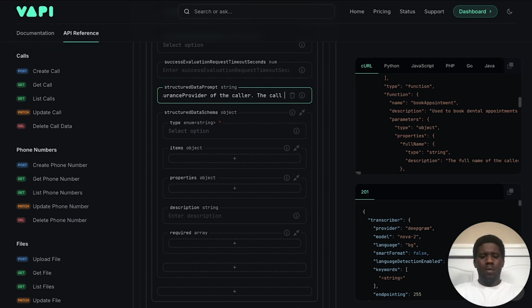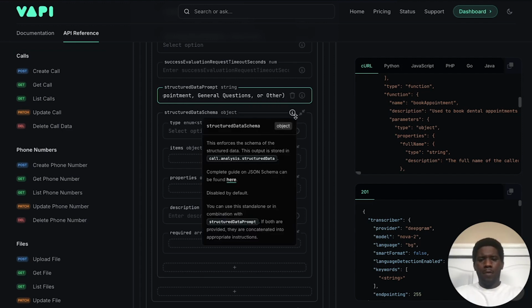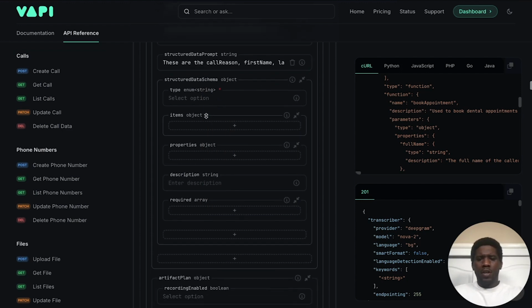The call reason output can only be one or a combination of the following. And then we'll say booking appointment, general question, or other. Perfect. Now we'll actually go down, and this is where we're actually getting to the individual fields that